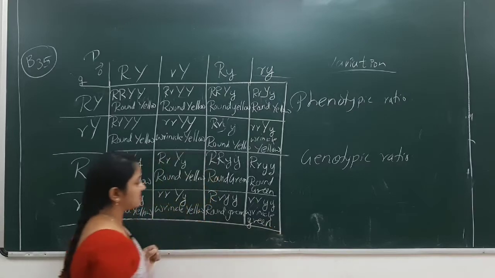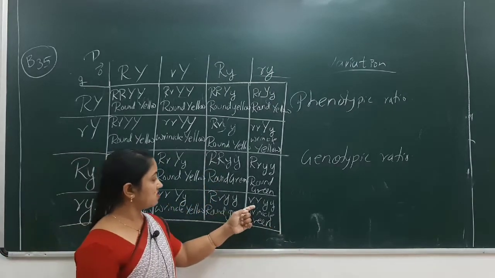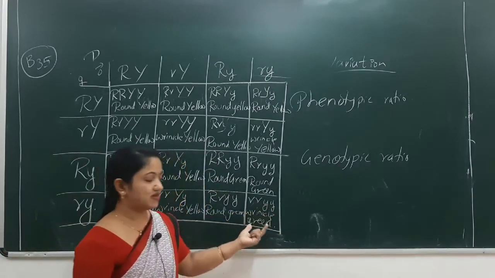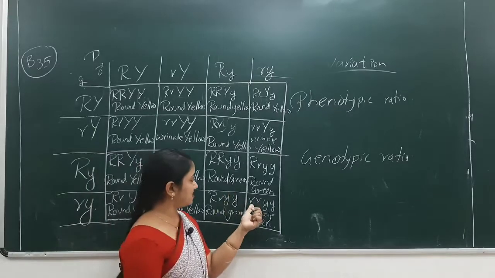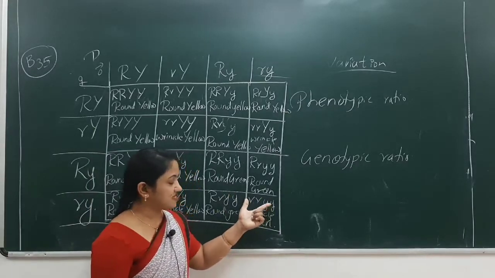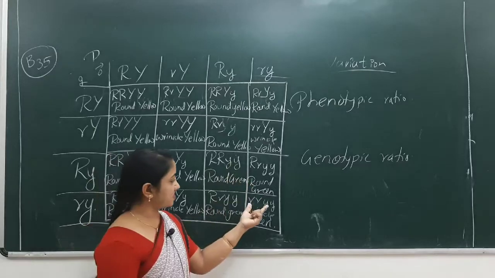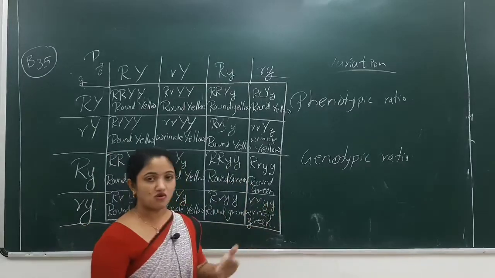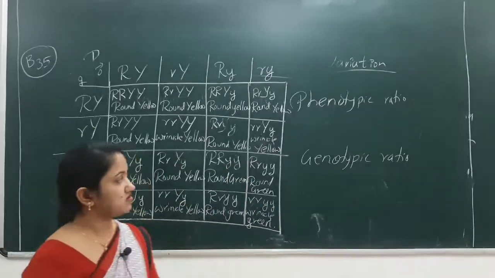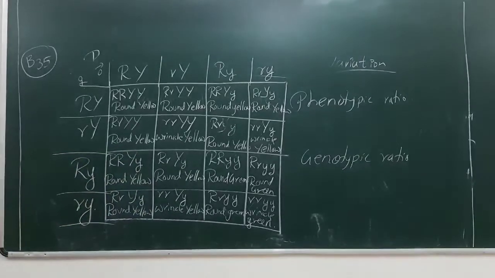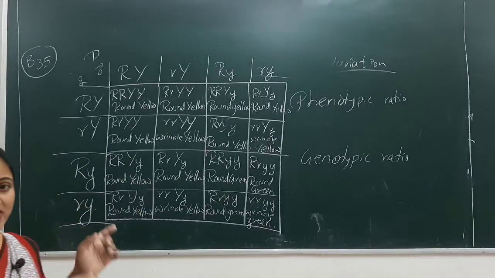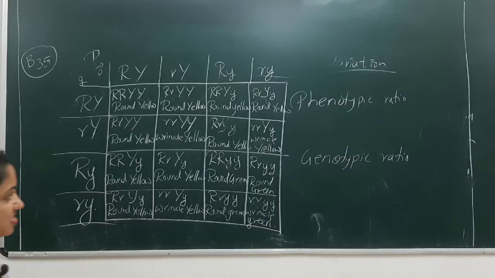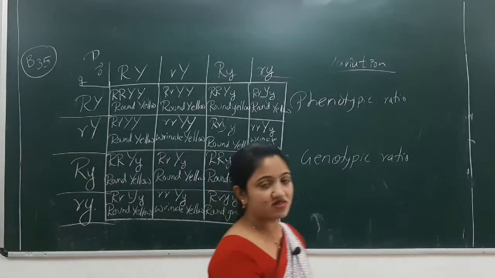So at the last gamete we got an offspring having the recessive trait or recessive gene of both contrasting characters. So with this we have completed the Punnett square, but still we have something left,